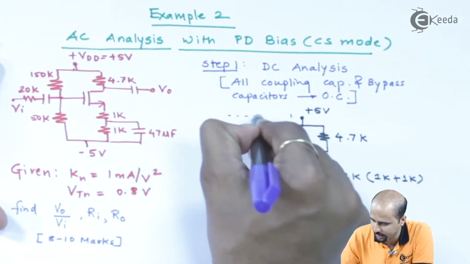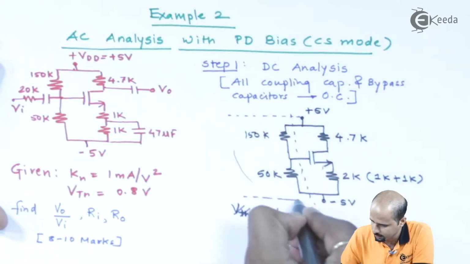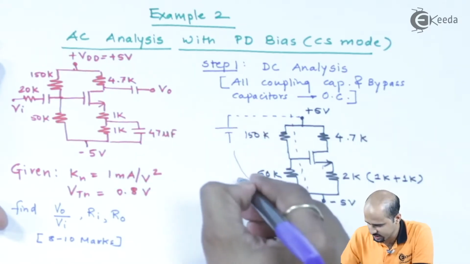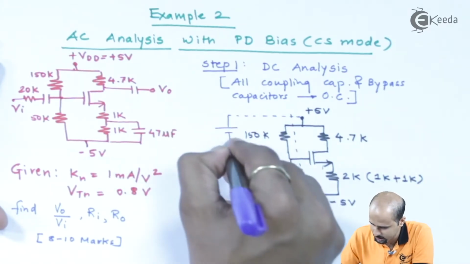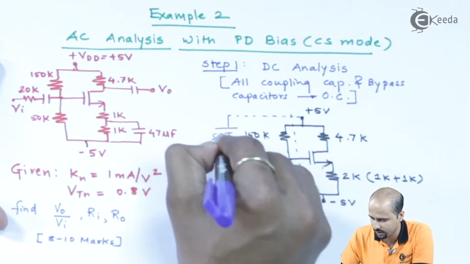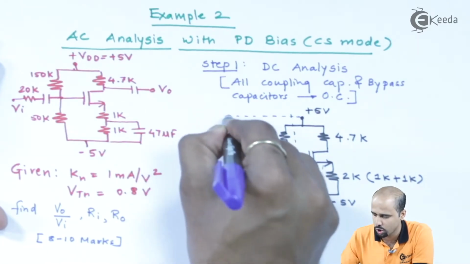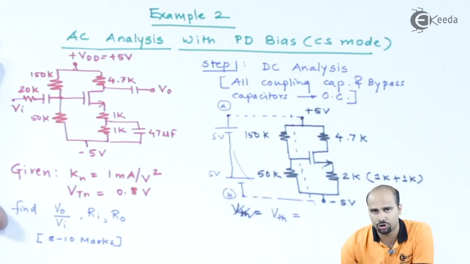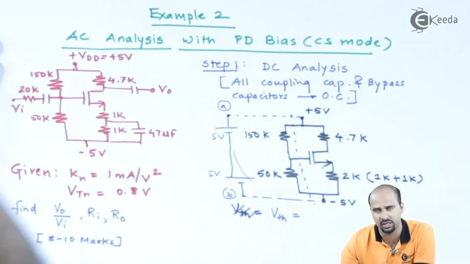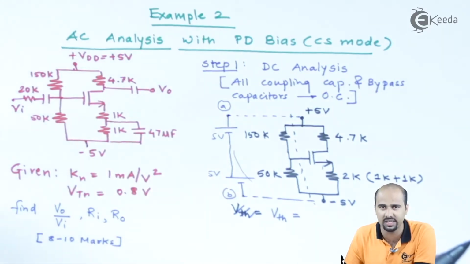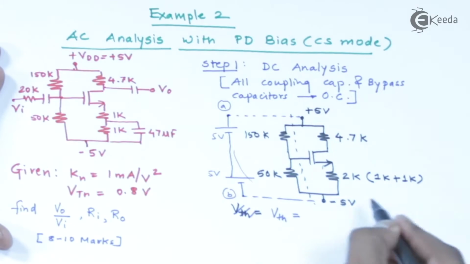So externally if we try to connect it, this 5 volt becomes like this with respect to ground, and this minus 5 volt becomes like this with respect to ground. Okay, so I will get the total, this is 5 volt and this is also 5 volts. So the potential difference between A and B becomes 10 volts. Okay, so we will take this VDD as 10 volts only, and then we will calculate the value of VTH considering the fact that it's not plus 5 minus 5, it's directly 10 volts, right?